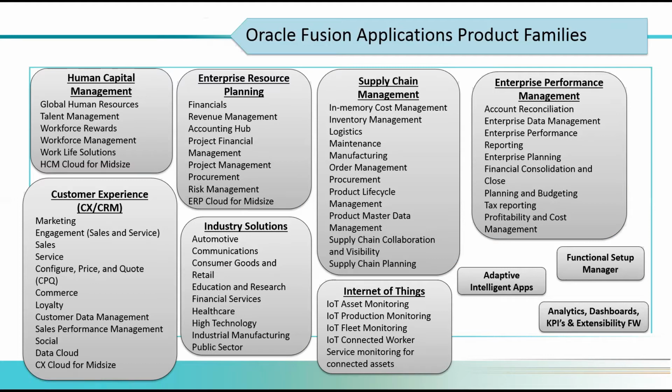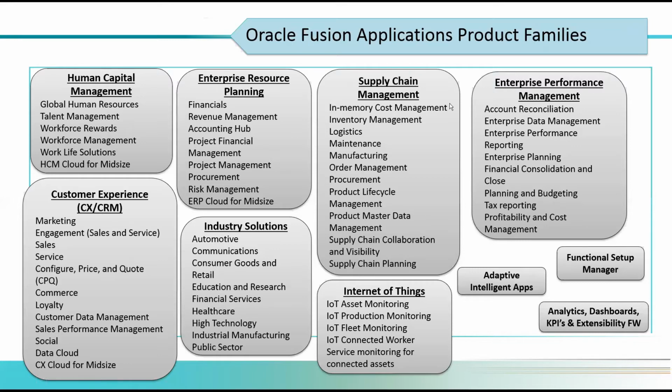So see, customer relationship management. It manages customers, contacts, and resources, including data quality configuration, right? So all this list of applications are part of the Fusion product families. In your organization, for example, if you want an application to maintain your financial data or financial processes, go ahead and buy the Oracle ERP, Enterprise Resource Planning, which will help you automate your financial processes or build your financial processes to meet the business needs, right?